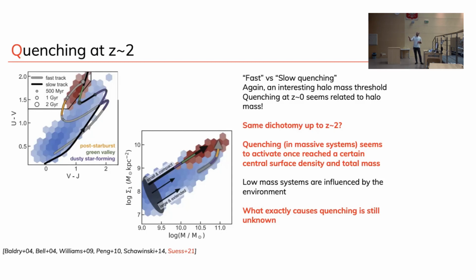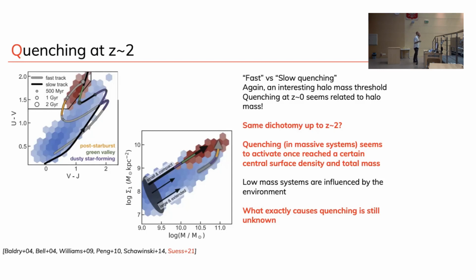And actually, this last paper by Francesco here compares what happens in the color space, this is observed, with what happens in the stellar mass versus the central density of stars. So basically, you have compact configuration, small galaxies, you have very high values here, and you see that the red quiescent type galaxies are at the very top. These are the smallest objects, the ones with the highest densities that you can find, while these are instead some blue extended objects. And you see that there are at least two tracks. First one that goes from small and compact, those blue nuggets, and they turn out to be then early type quiescent, or something which instead goes slowly up.